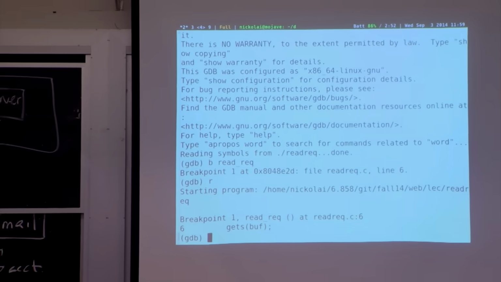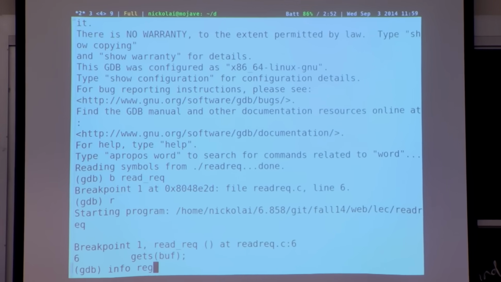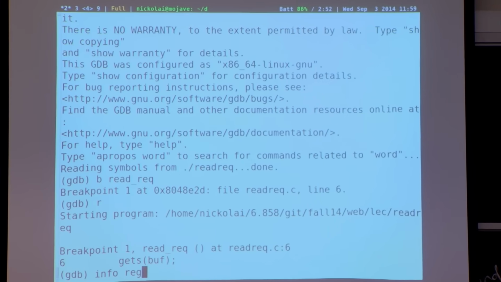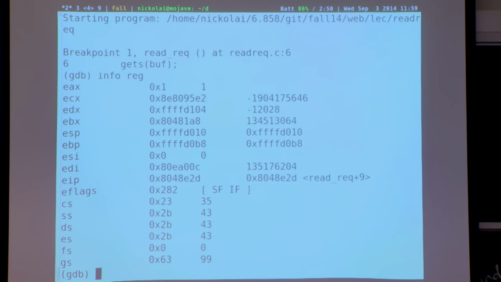We can see what's going on by, for example, asking it to print the current CPU registers. We're going to look at really low-level stuff here, as opposed to the level of C source code. We're going to look at the actual instructions my machine is executing, because that's what's really going on; the C might be hiding some things from us. So you can print all the registers. On x86, as on any architecture, there's a stack pointer. Let me start drawing this diagram on the board so we can reconstruct what's happening.